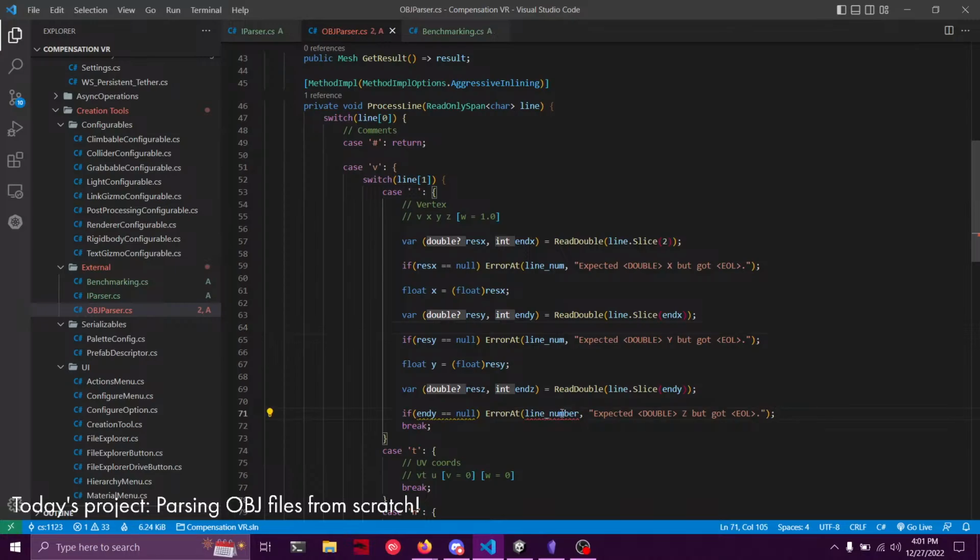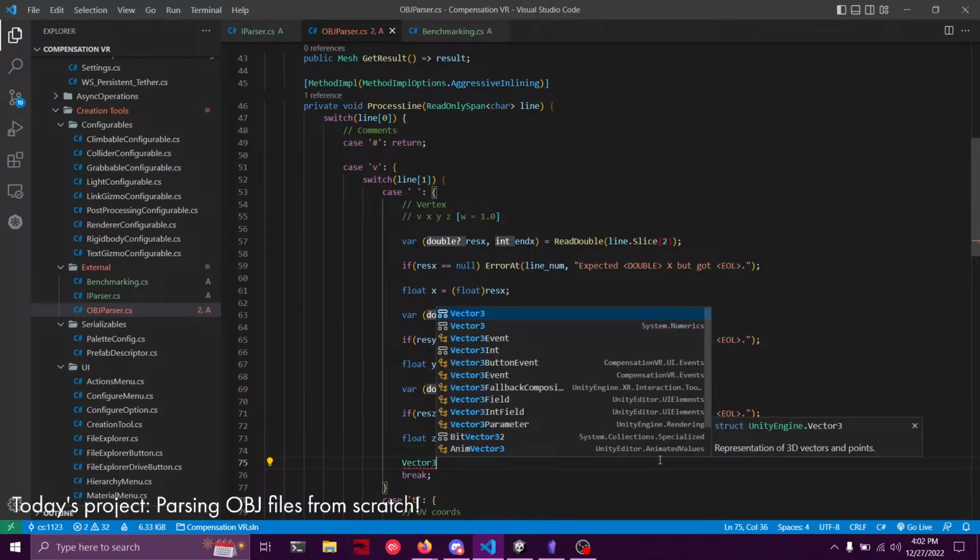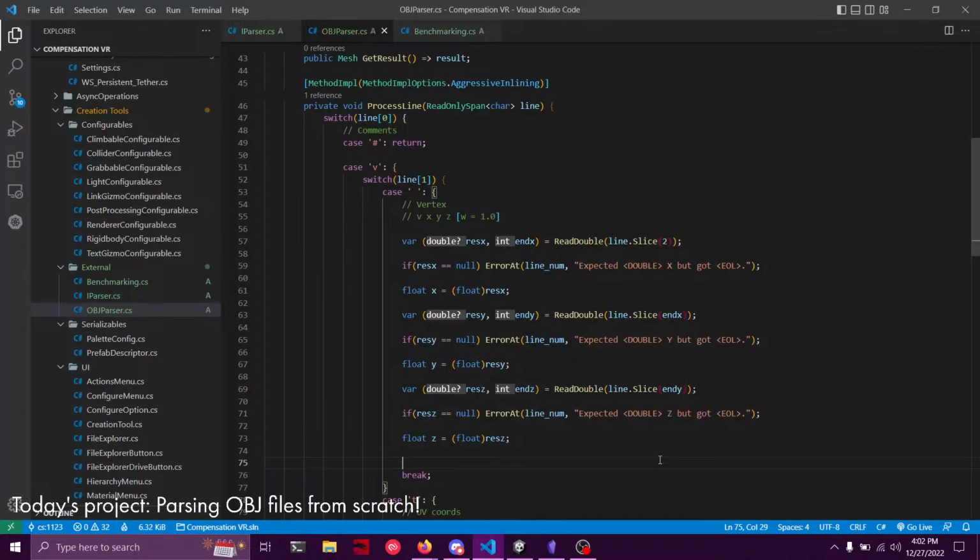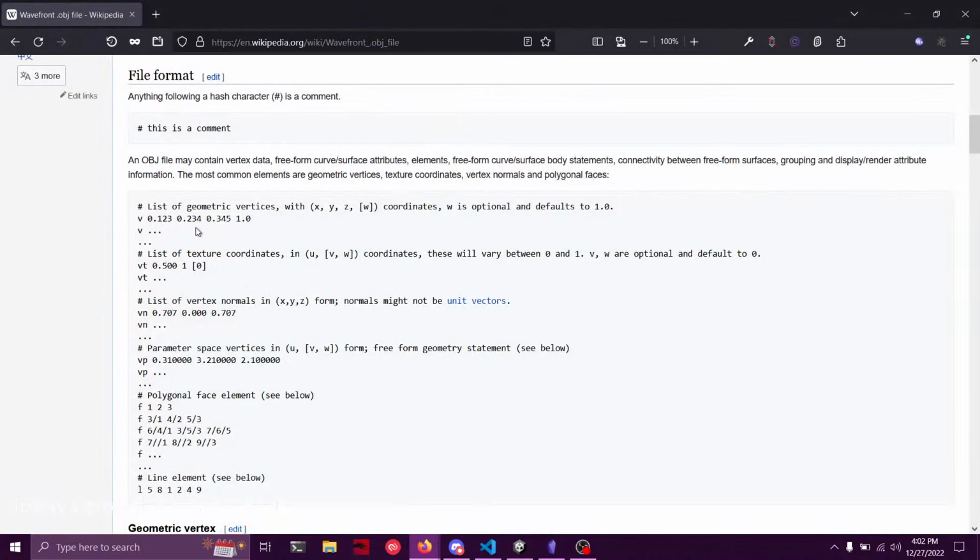I don't normally type this slow. And then line num, and then we can do res z, and then we can do float z equals float res z, and then we can do vector 3, or no, actually we don't need to stack allocate that, I don't think. Probably a good idea. So vector 3 v equals new vector 3 x y z, and then we can just do positions, or no, in case it's vertices dot add v. Wonderful. So that parses vertices, I want to say. I believe that's how that works. Yep, so geometric vertices,